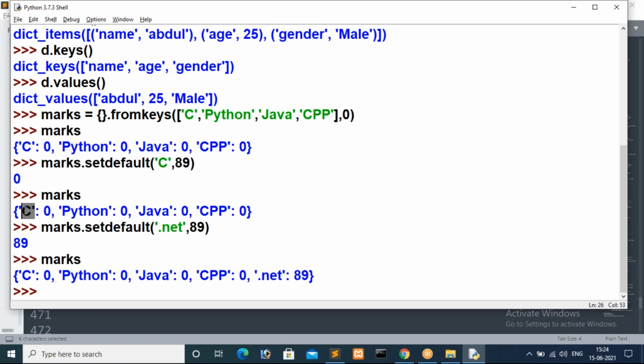Actually here, before calling the setdefault method, initially C had 0. When I'm calling setdefault of C, 89, the setdefault method returns the existing key's value. I mean, for this C key we have a value 0, so it is returning 0. That means it's not going to update the value. For updating purposes this is not useful. For updating purposes we already know the default procedure, right? So how can I update the C value by using the default procedure, guys?